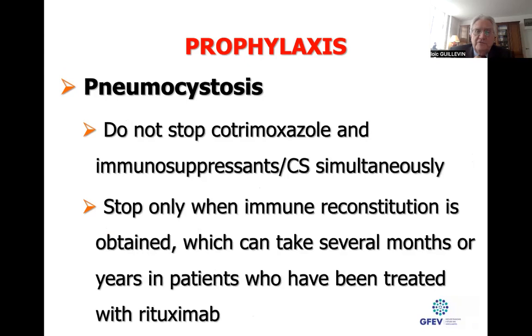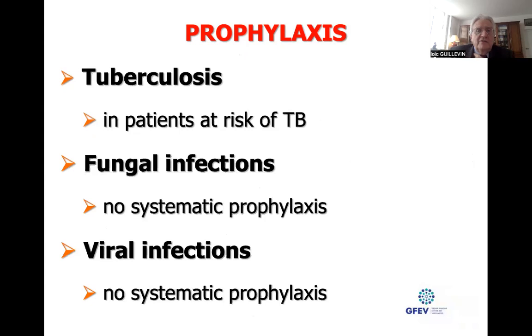Do not stop cotrimoxazole and immunosuppressant and corticoids simultaneously. Stop only when immune reconstitution is obtained. Prophylaxis against TB. Fungal, there is no systematic prophylaxis. And for viral infections, there is no systematic prophylaxis except for those who have herpetic manifestations, and you can provide